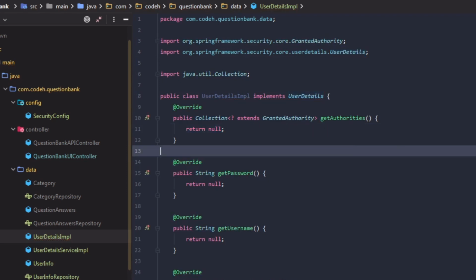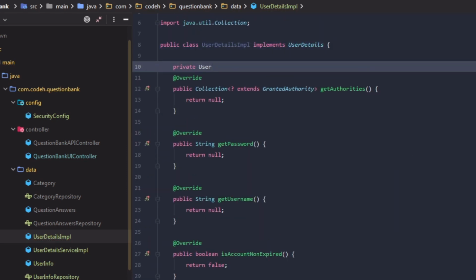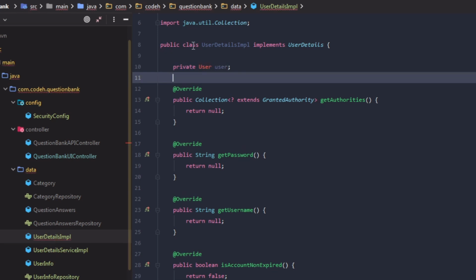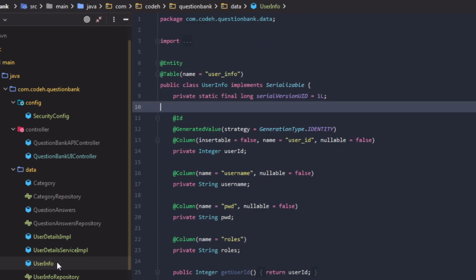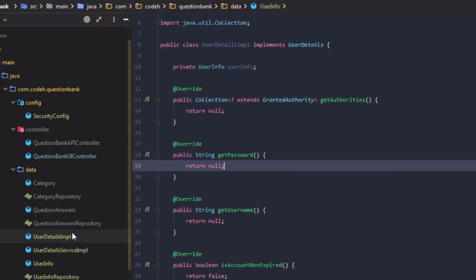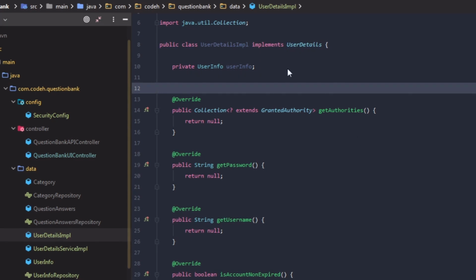The UserDetails interface works as the adapter between your own user database and what Spring Security needs inside the security context holder. We'll make use of the user info JPA entity, which is a representation of our user info table, by adding it as a member of the UserDetailsImpl class, and use the entity values in the UserDetails implemented methods. Create a constructor which takes in user info as parameter.